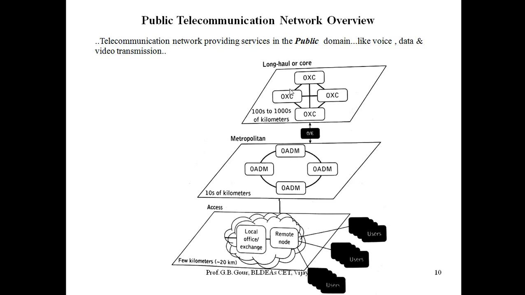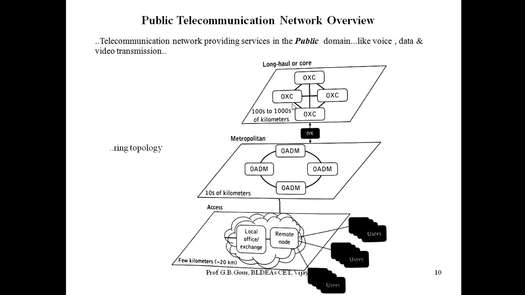Apart from that, the long haul network also plays an important role in providing interconnection between different metropolitan networks with the help of optical to electronic conversion. You can see the diagram shown here. With opto-electronic conversion, it allows the formation of metropolitan area networks. Here the mesh topology is used in the long haul, and the ring topology is used in metropolitan area networks. The metropolitan area network is formed by interconnecting the nodes with the help of optical add-drop multiplexers.